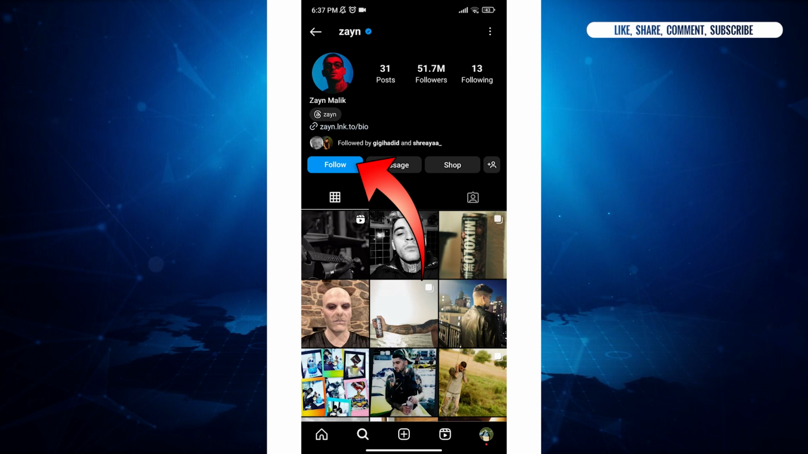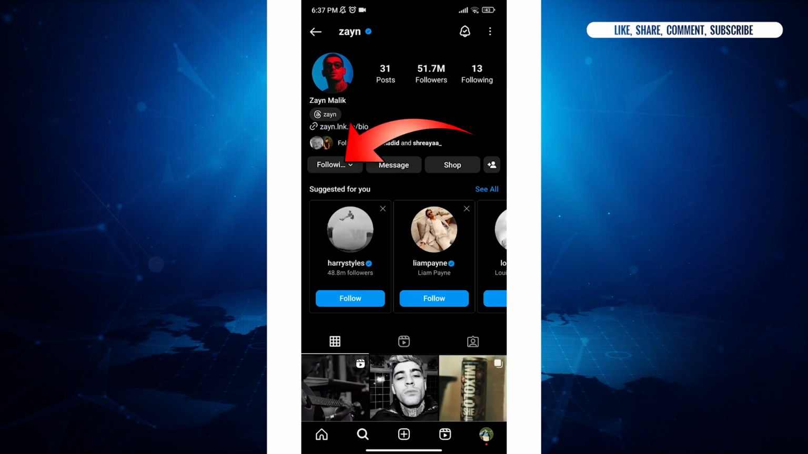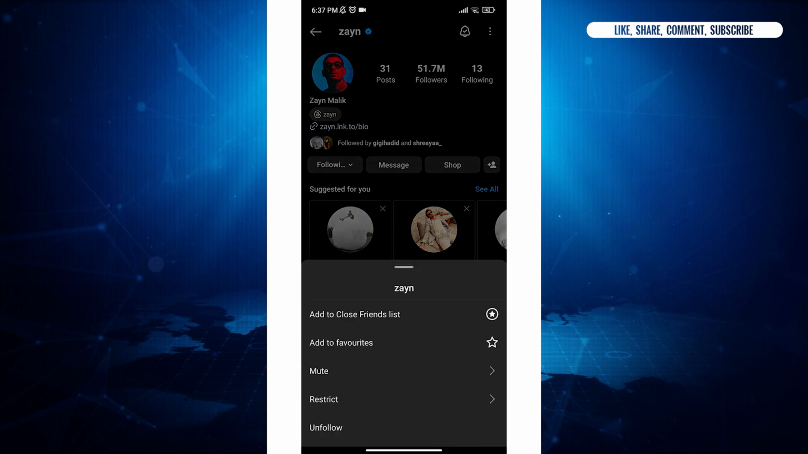Tap the follow button, which is right below the profile picture. After you follow that account, again tap on the following button. Here you can find the option to add to favorites. Tap on it. Once the star beside add to favorites turns red, it means you have successfully added this